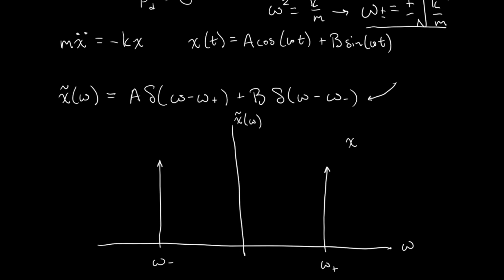If I were to just define x tilde to be some piecewise function where it's a at omega equals omega plus, it's b at omega equals omega minus, and it's 0 everywhere else, then this gets a little bit iffy as to whether or not I can do these integrals, right? Because x is now no longer